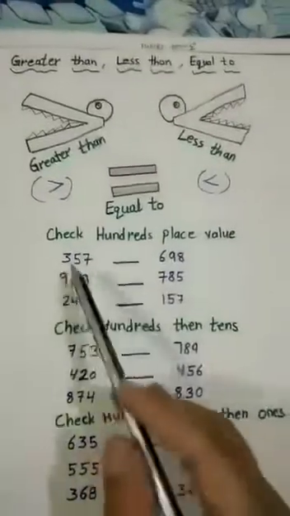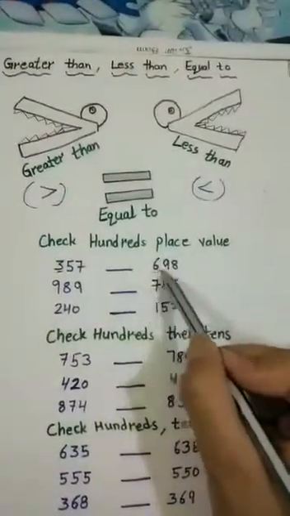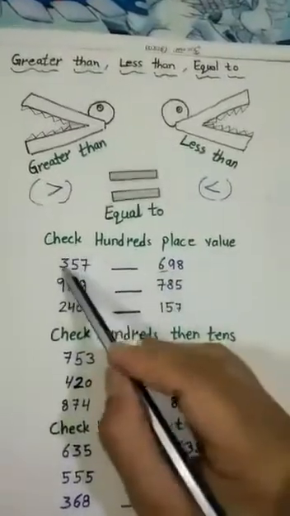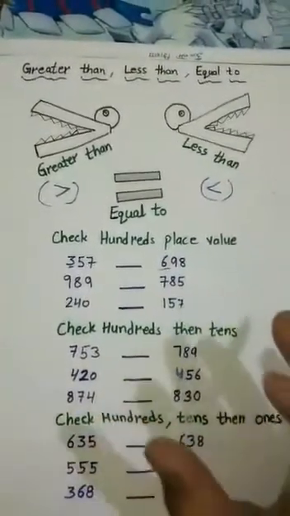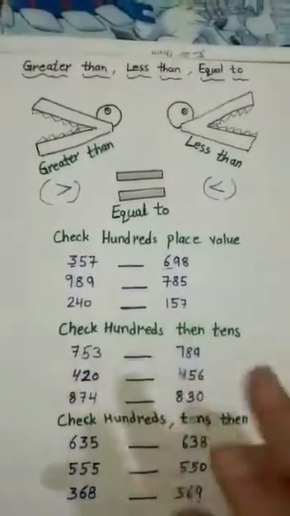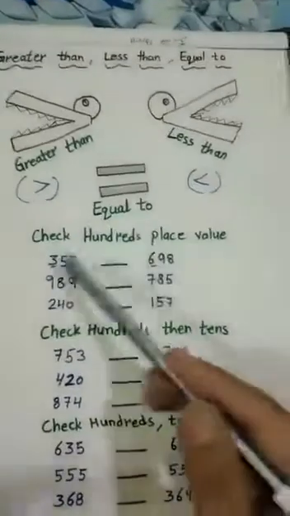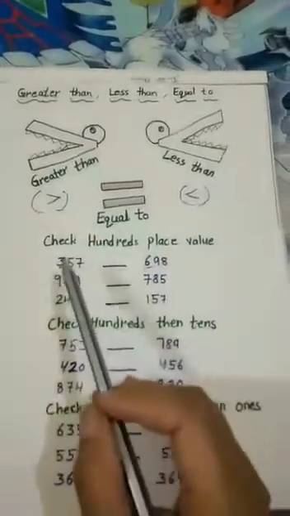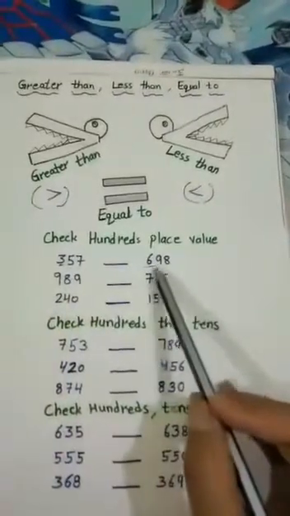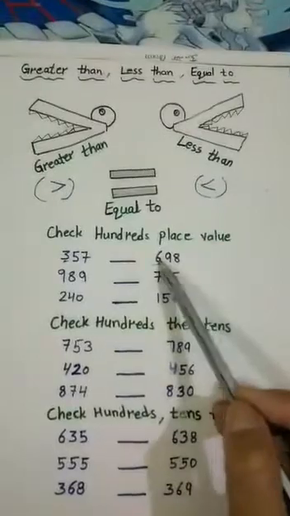We will check over here. First of all, we will check this hundreds place value, and this one. What is this number? 6, and there is 3. And dear students, when we use greater than, less than, and equal to, we make a comparison of these two numbers, both side numbers. Okay, now look over here. This is 3 and this is 6. So we have to observe which is the big number. So 6 is the big number.